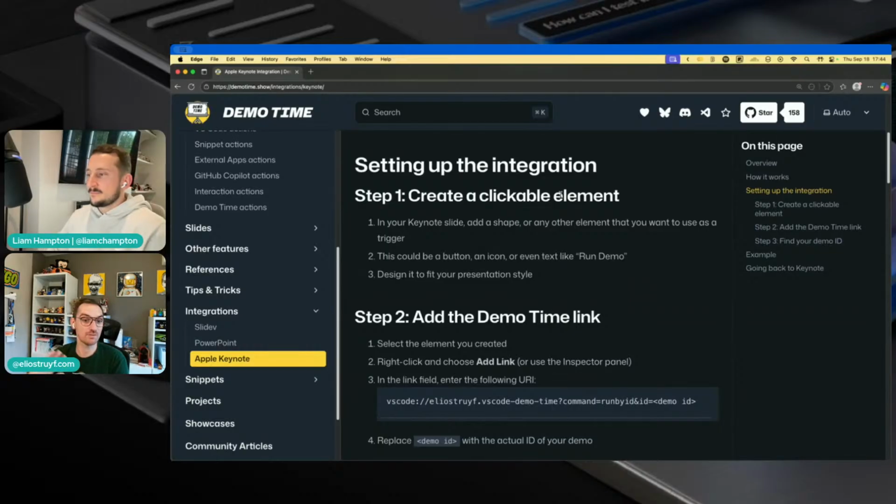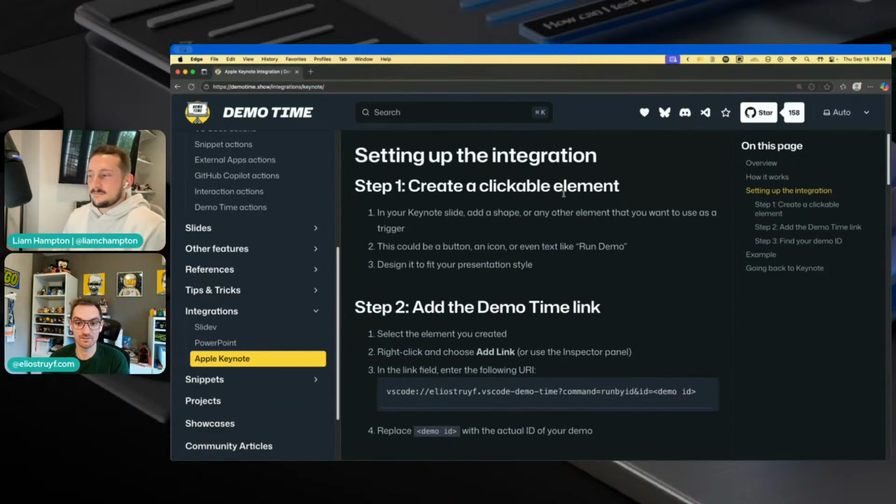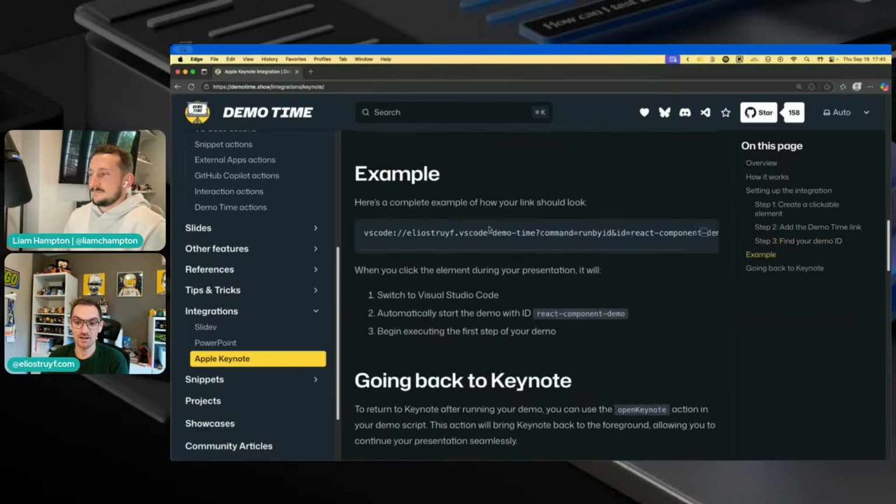So if you have experience with that and you know how to do it within AppleScript, that would be great. But I haven't found a way to go from my slides in Keynote automatically to my demo. The only way that I found was by